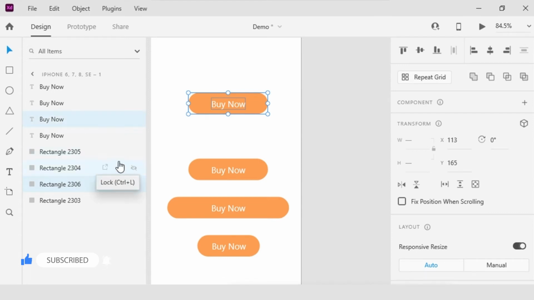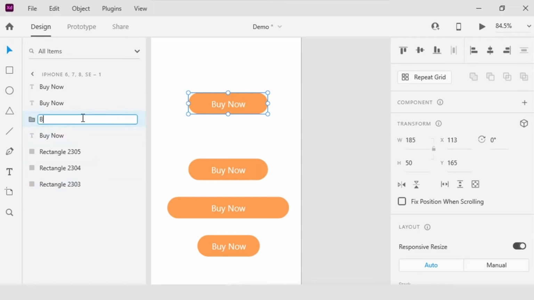I am going to open up the layers panel. With these two selected, I am going to right click on the design canvas and select group. I could always use Command or Ctrl plus G. Now that I have saved that as a group, I can give it a friendly name. We can call this button. Now that I have saved it as a group, I am ready to apply the padding feature.